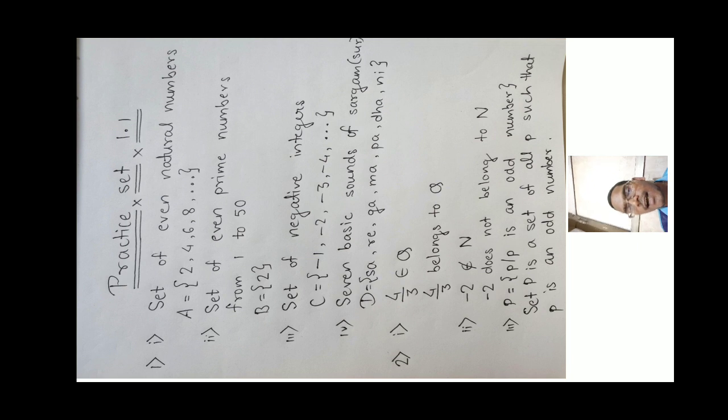So see again how I have written this set. I have given the name A to the set, then a curly bracket. In the curly bracket I have written all the elements 2, 4, 6, 8 and so on. Since it is an infinite set, there has to be dot dot dot. Clear with this first example?